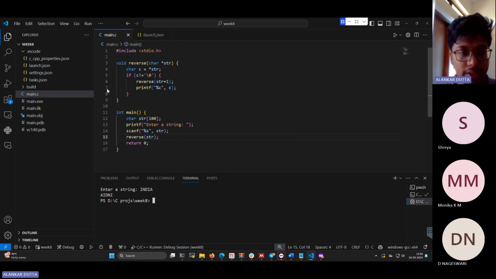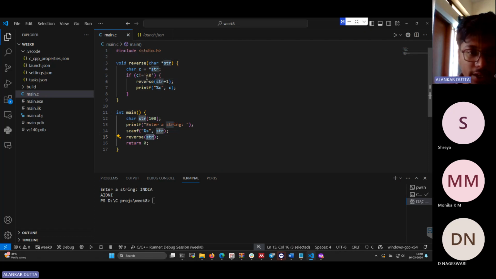And here, just to reiterate, what's happening is that I'm calling reverse with the string, which is nothing but an array of characters, which is terminated by a null character. So that's how strings are defined in C. The last character has to be a \0 whenever the string ends. So as soon as reverse is getting called, what's happening is that